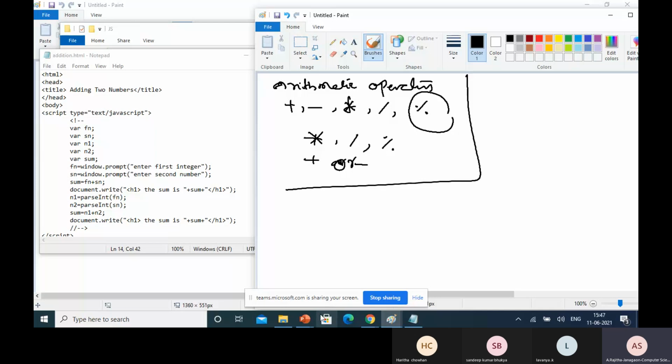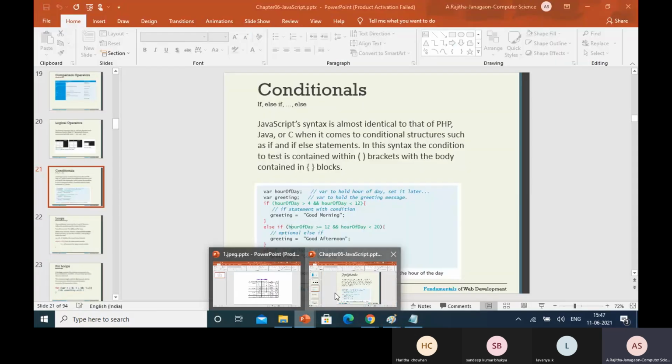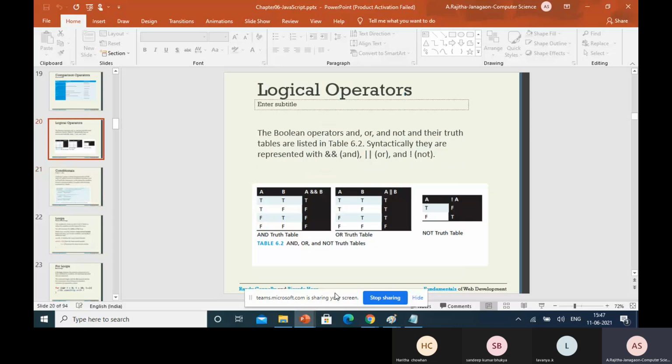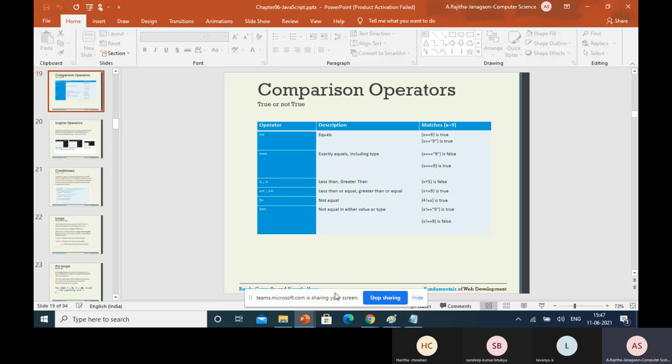So like that here you can see, all these are the comparison operators. Okay, this is the equals, and this is exactly equals including type.